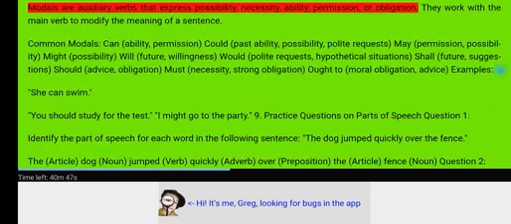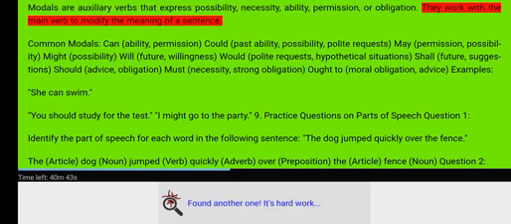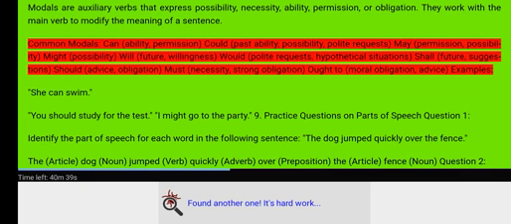8. Modals. Modals are auxiliary verbs that express possibility, necessity, ability, permission, or obligation. They work with the main verb to modify the meaning of a sentence. Common modals: can, ability, permission; could, past ability, possibility, polite requests; may, permission, possibility; might, possibility; will, future, willingness; would, polite requests,